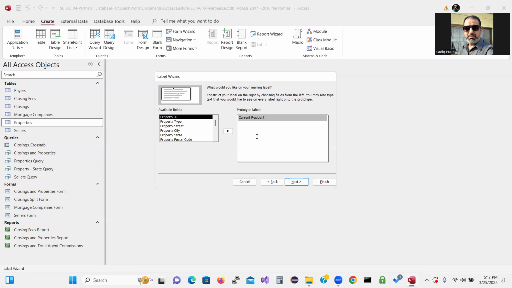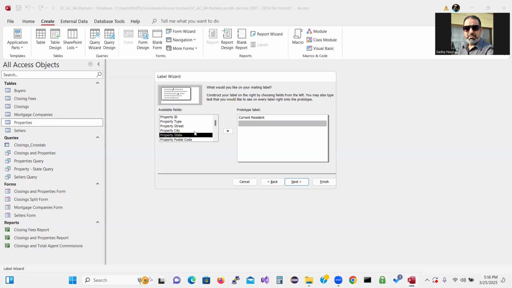Then the next thing we need, the property sheet. We don't want it in the same line, so let me take it off. Backspace. So resident,